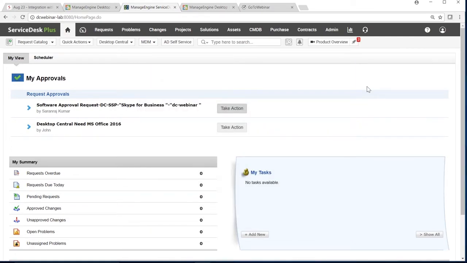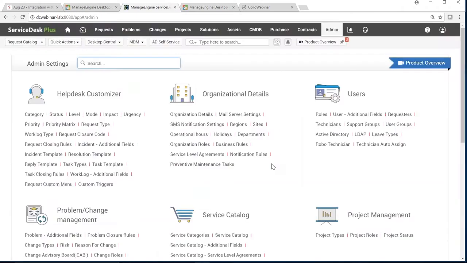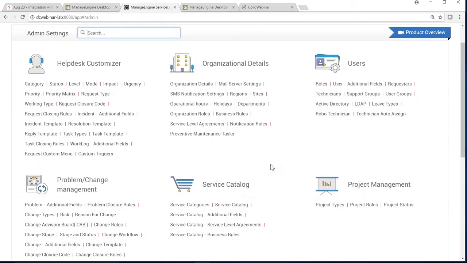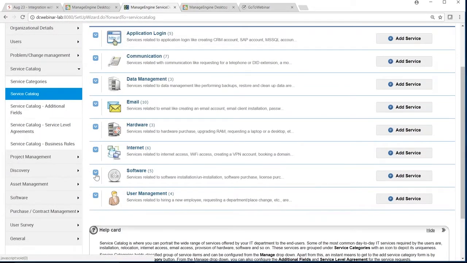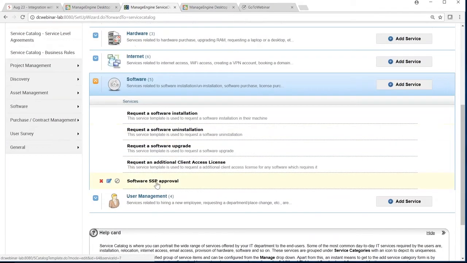All right, here comes the question, how does the request reach ServiceDesk Plus product? So in ServiceDesk Plus product, as we discussed earlier, the request can be categorized into different categories. For software installation requests, we have created a service catalog. Likewise, we can create a catalog for approval requests. I go to service catalog here, and under the software, same software category, I can create one for